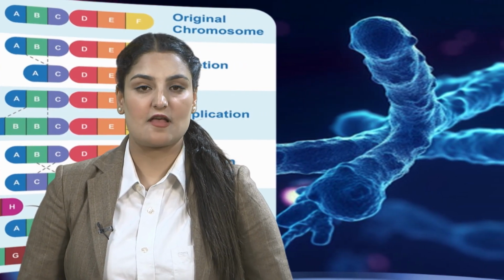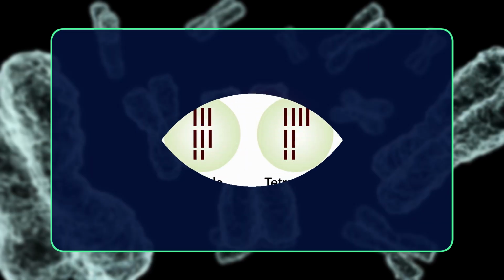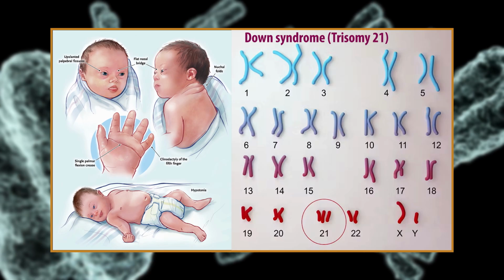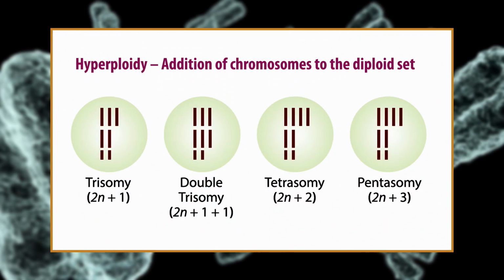Aneuploidy is broadly classified into 2 types. Hyperploidy, addition of chromosomes to the diploid set. You see trisomy, presence of an extra chromosome, like we see in Down syndrome, the trisomy of chromosome number 21, or tetrasomy, 2 extra chromosomes of the same type. Double trisomy, we refer to it as 2n plus 1 plus 1, or pentasomy, or other forms found in plants